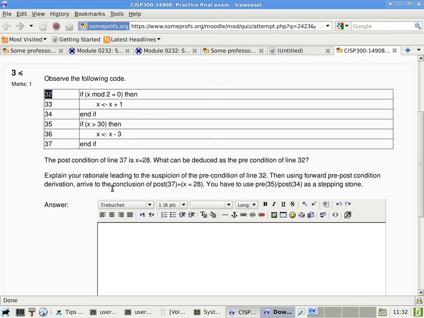Okay, so I'm just going to copy the code here, and obviously this is not going to be captured in the screen capture because it is outside of the screen area. Okay. And the condition is x mod 2 equals to 0. X mod 2 equals to 0 means